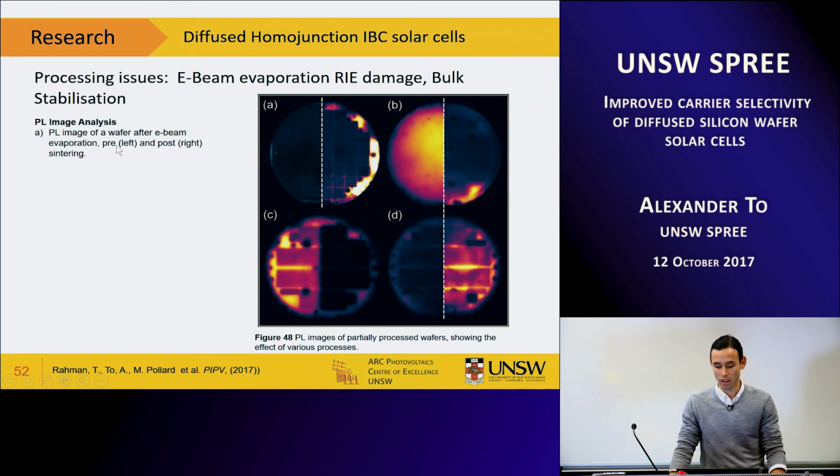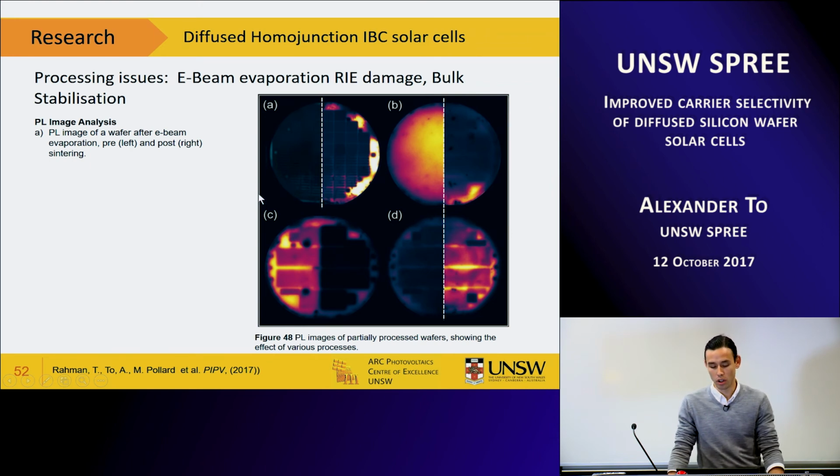The first is that you should avoid E-beam evaporation if possible, at least in our experience, because I think the X-ray emission during the E-beam process is actually causing some sort of bombardment on the surface. So on the left you have a wafer before and after sintering, which shows the effect of E-beam damage, particularly in this